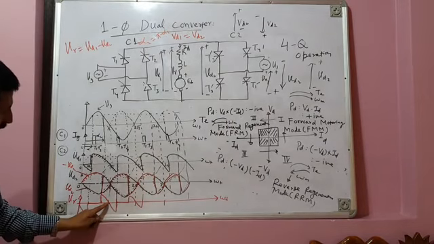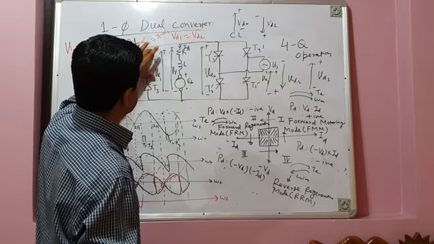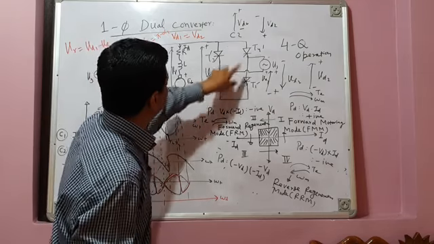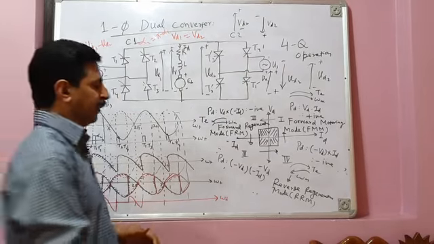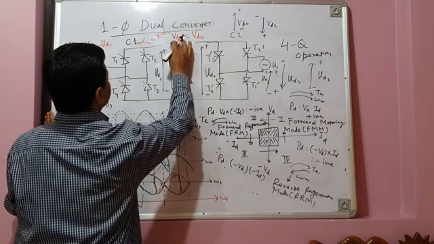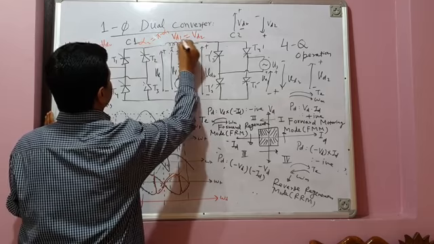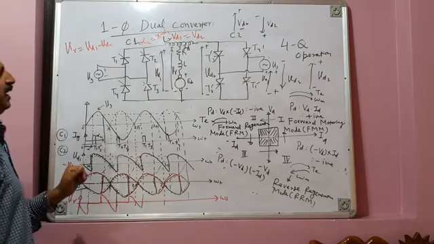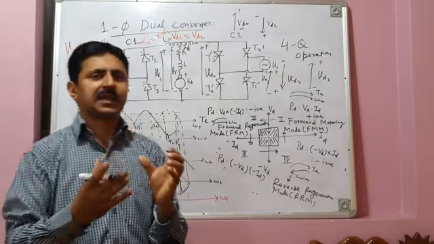Similarly, when the difference of the two voltages is negative, that means the instantaneous value of this voltage is greater than the instantaneous value of this voltage, and there will again be circulating current between the two converters, and that circulating current may damage the converter. To restrict or reduce the magnitude of that circulating current, what we do is break here and put a circulating current limiting inductor here. We place a limiting inductor, which we call LR, here. What happens now? Where will this voltage difference get applied? It will get applied across the inductor, and this inductor acts as a current limiting reactor.